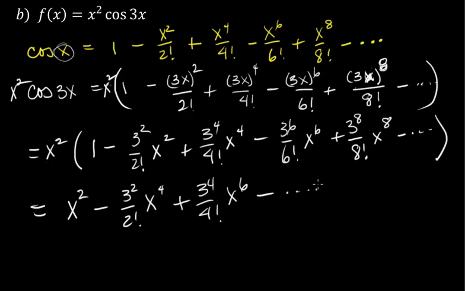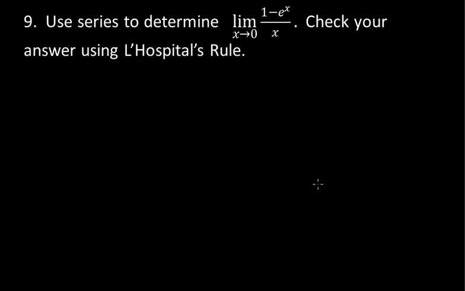That was much easier than the first one, because the first one in number 8 you had to recognize it as a derivative. Problem 9, it said use series to determine the limit. So we need to find a power series representation for the function 1 minus e to the x all over x. Well, we know the power series for e to the x, so